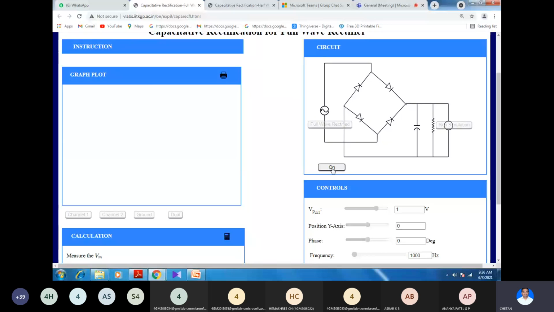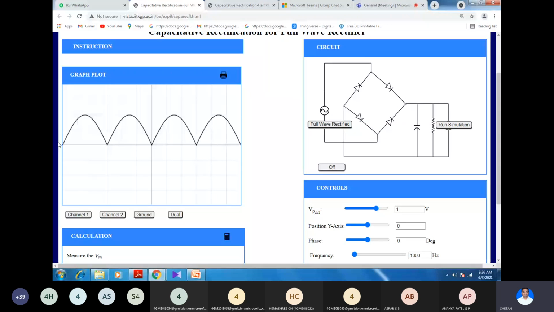So first I will turn on this circuit, then I will try to obtain the full wave rectified output. So this is the output of the full wave rectifier. So both half cycles will be rectified. The amount of ripple is low compared to half wave rectification. Then after running this simulation, we will get the